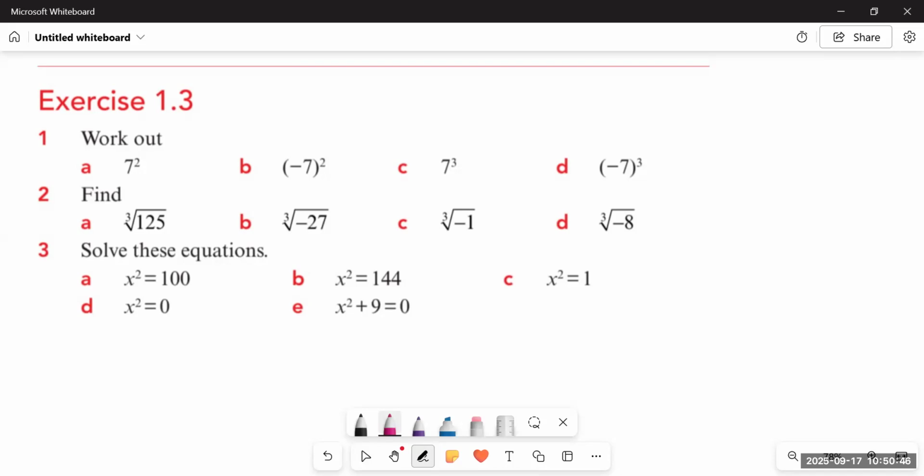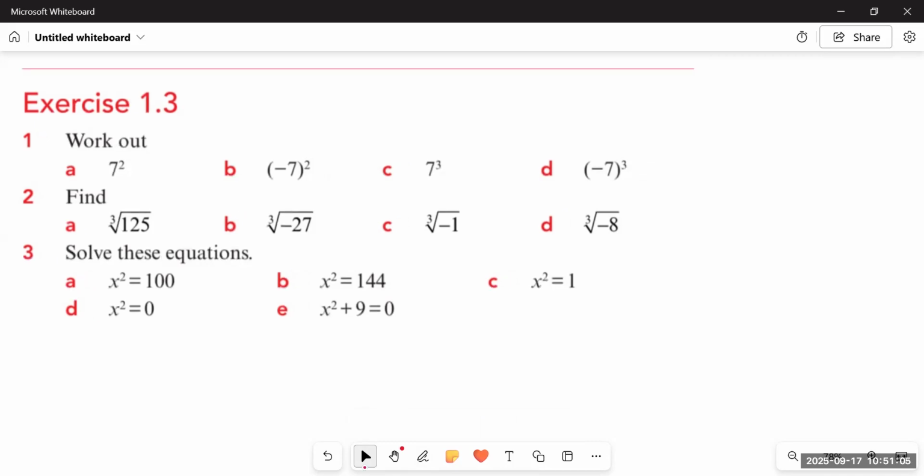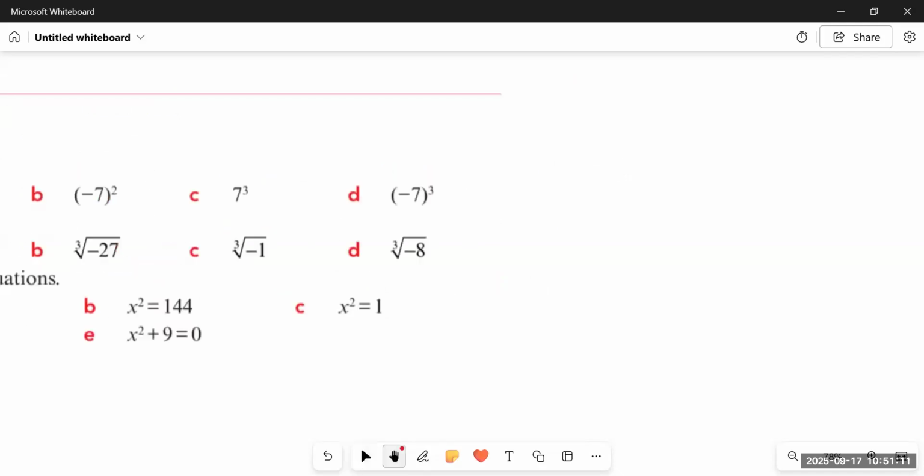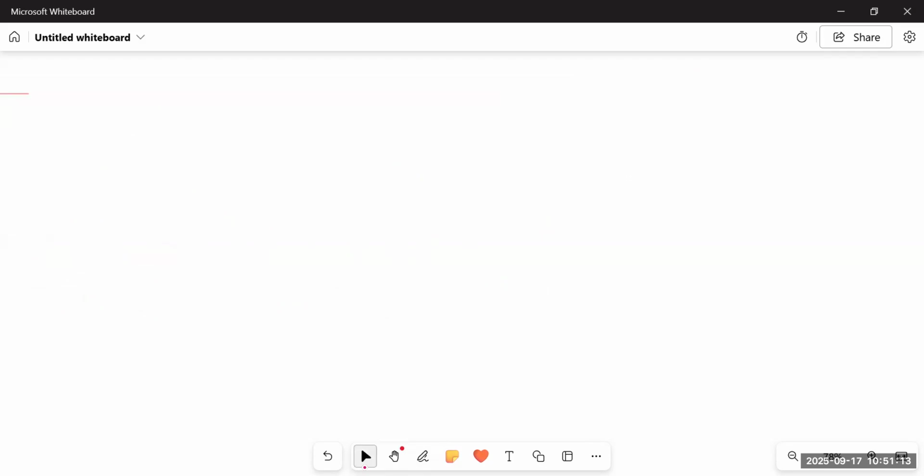This is Cambridge Lower Secondary Book 8. And today we are going to start exercise 1.3 of this book, in which we are going to learn the perfect squares, perfect cubes, and the square roots and cube roots. So starting from question number 1, we are provided with 4 numbers, and we have to find out the squares and cubes of these numbers. So before doing this question, let us learn that the squares